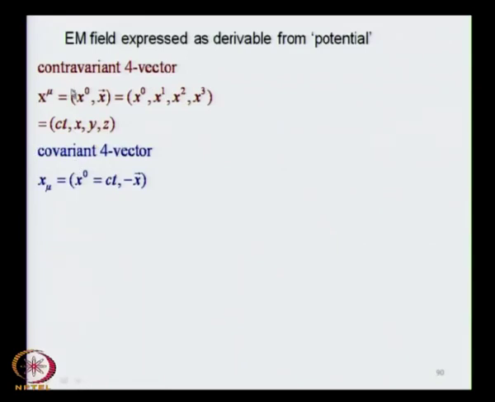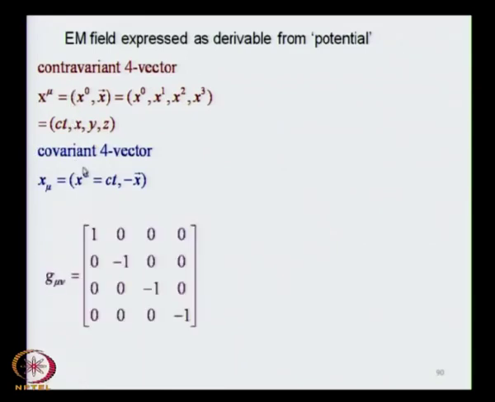So this is the relationship between the contravariant and the covariant notation. The signature that I make use of is 1, minus 1, minus 1, minus 1. This is what distinguishes the space time continuum from an ordinary extension of the Euclidean space to 4 dimensions. So it is not an ordinary extension of the Euclidean 3-dimensional space to 4 dimensions. This is the space time continuum coming out of the special theory of relativity, and this is the signature of